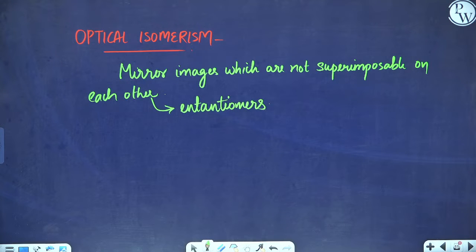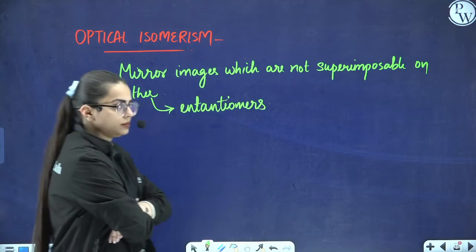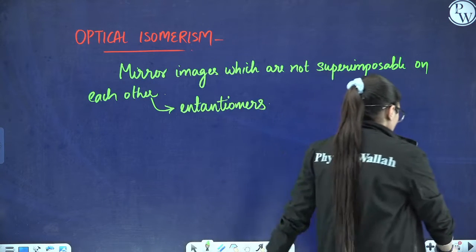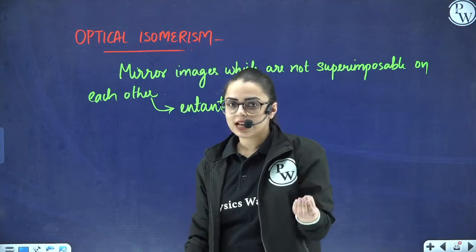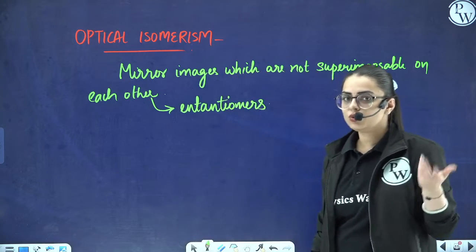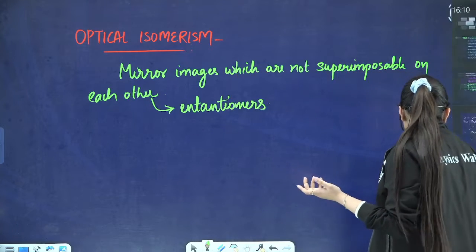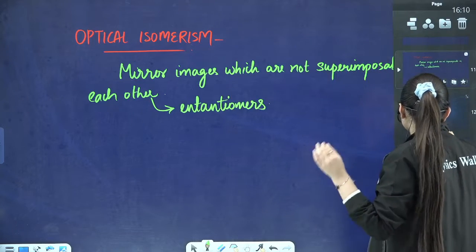We shall move on to our next part. That is going to be the bonding in metal carbonyls. Let us start it. Now you can take the examples of optical isomerism in your NCERT. Examples are certainly given to you. You just need to understand that here we are talking about non-superimposable mirror images.